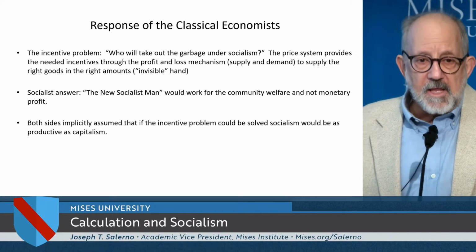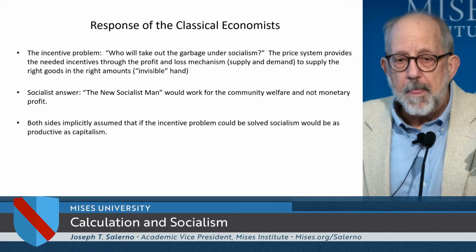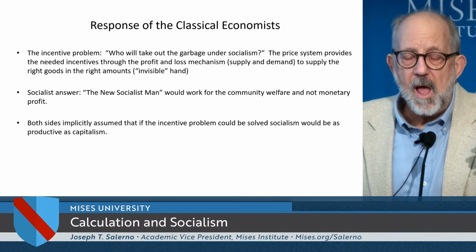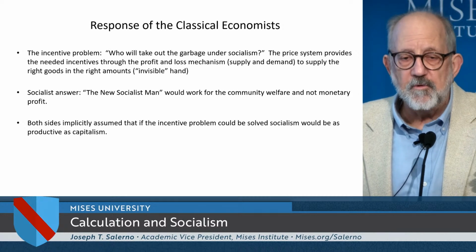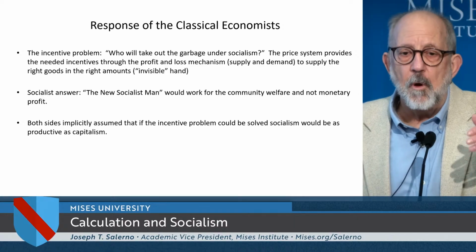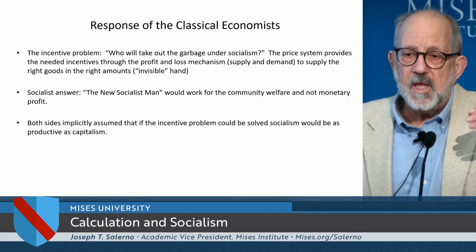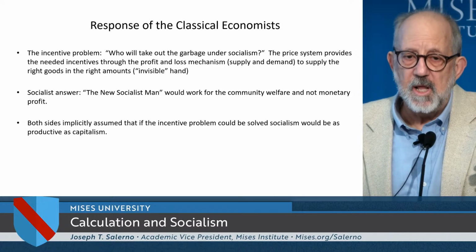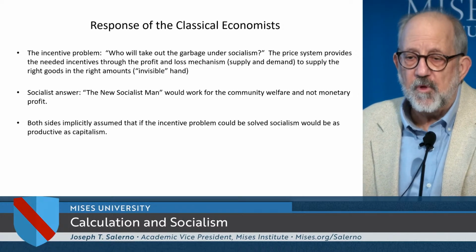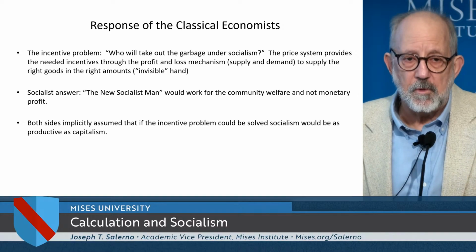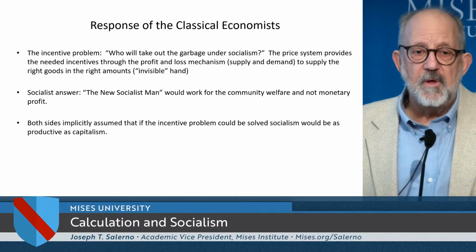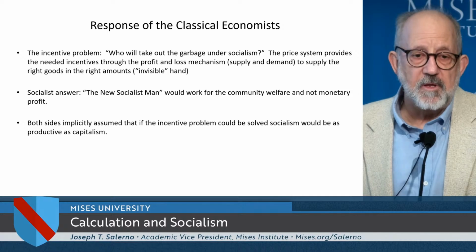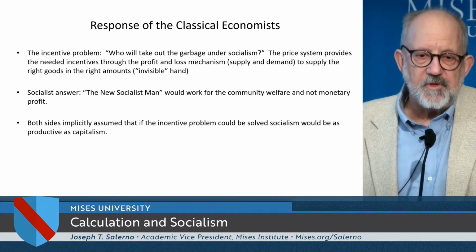And they did point out that the price system would help entrepreneurs allocate resources to the most valuable wants. So as Mises pointed out, the classical economic system was a system of calculated action. It just wasn't traced back to consumers. That was the problem with the classical school. But they knew enough and were smart enough and insightful enough to smash the socialists. The socialist answer was very weak.